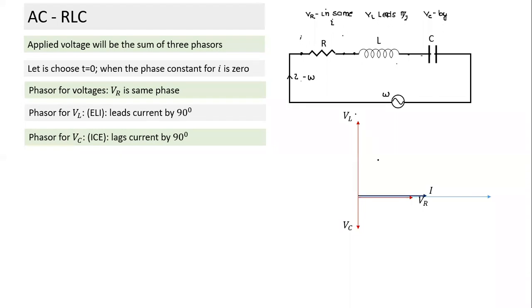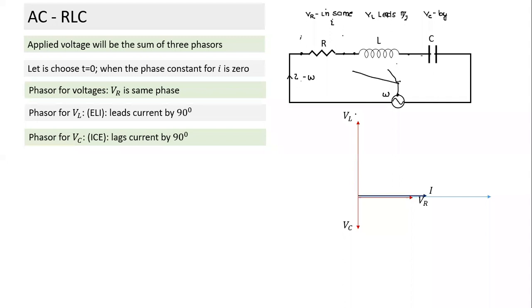So based on this, what is the applied voltage? Just like we do in the case of DC also, in a series circuit, applied voltage is equal to the voltage across all three elements. The sum of the potential drops across all three is equal to the applied voltage. Something similar. But here, the quantity is varying as a sine function. So we use the property of sine functions. This would be equal to the sum of these three.